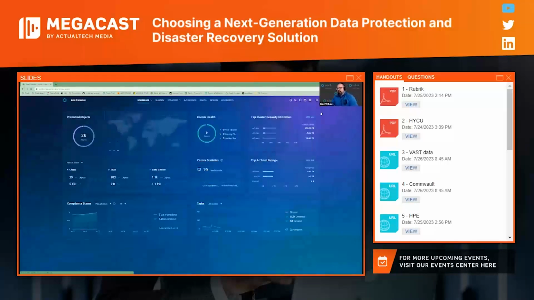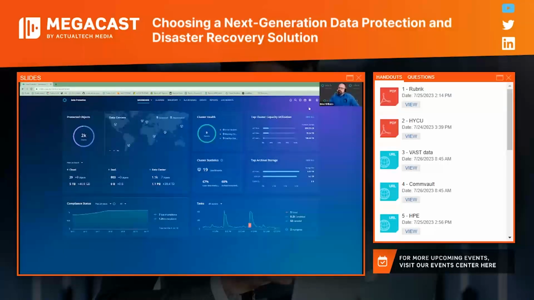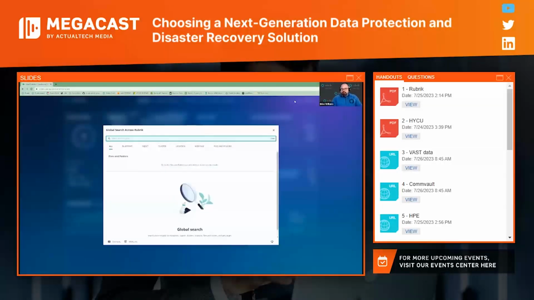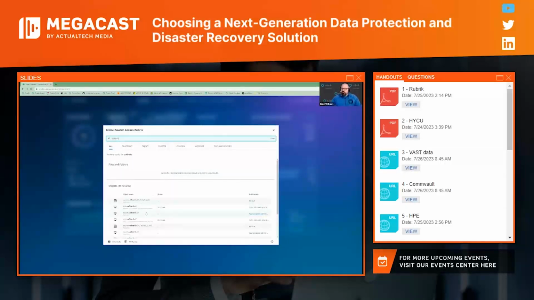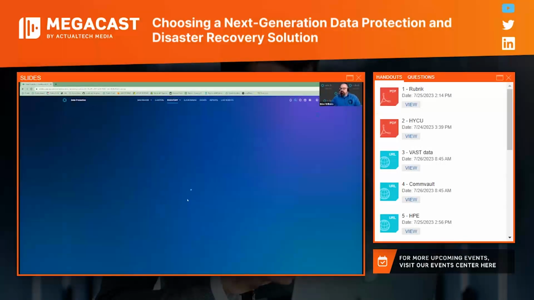There's a couple of different ways I can access ransomware investigation. One is, what if I'm using my global search and I'm looking for a specific workload that I want to recover? Again, bringing in the observation here because I can see everything. It's a file server. I'm just going to do recovery really quickly here.